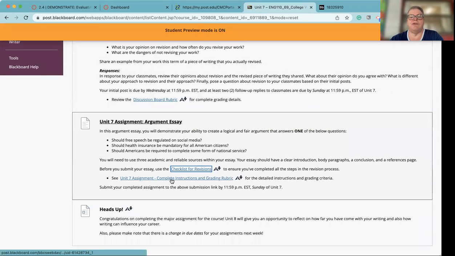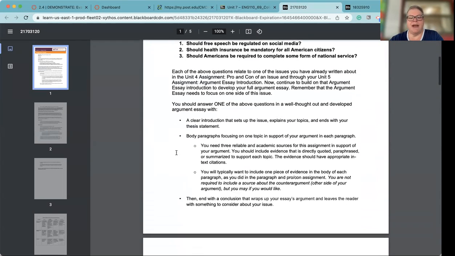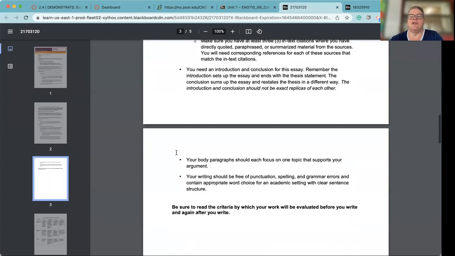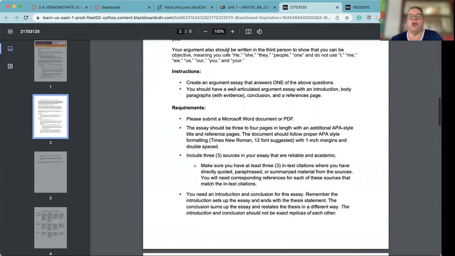Then, of course, you have the full assignment guide again, which we've looked at before. It is absolutely vital that you read this carefully before you submit your essay and make sure that you have met all of these requirements. We're still having a few struggles with people not turning in documents, like you're just typing in the box. It has to be a document. It has to be attached. It can be a Word document or a PDF. It doesn't matter which way you save it, but it has to be an actual APA style document